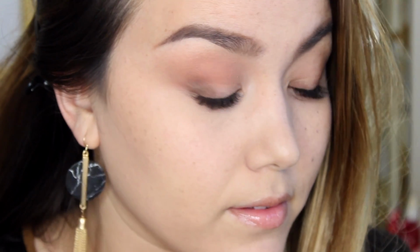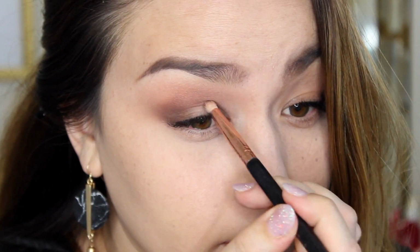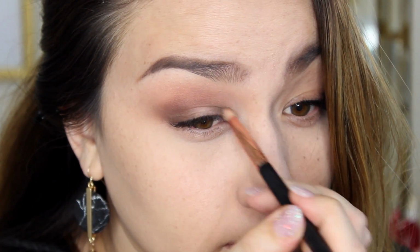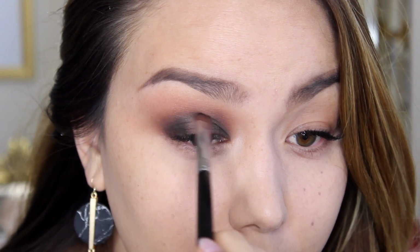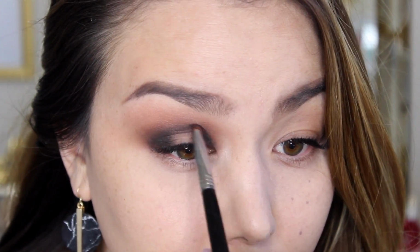Now I want to create a smoky effect in both inner and outer corners, so starting off a little bit lighter, I'm going to pick up a small amount of cocoa and apply this to the outer corner as well as the inner corner. To create more depth in the look, I'm going to take the deepest shade in the palette called Sable on a dense pencil brush and apply this both to the inner and outer corner and connect it. Be sure to leave the center of your lid empty because this is where we're going to add the pop